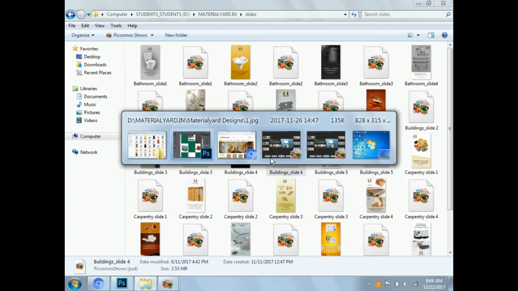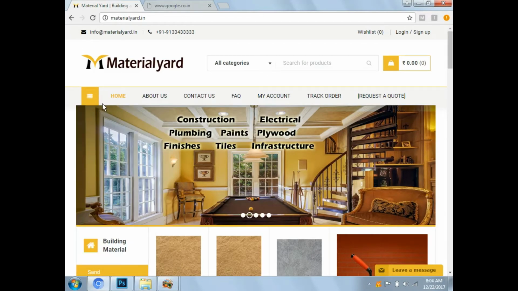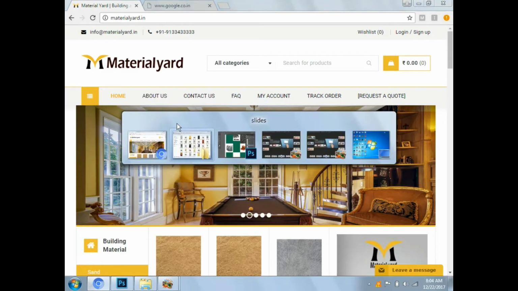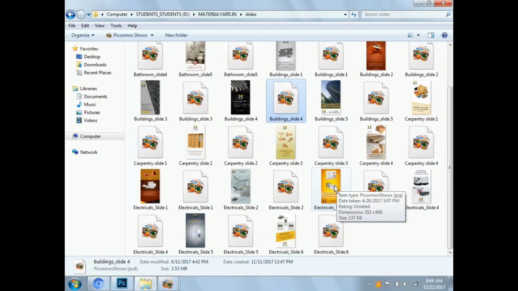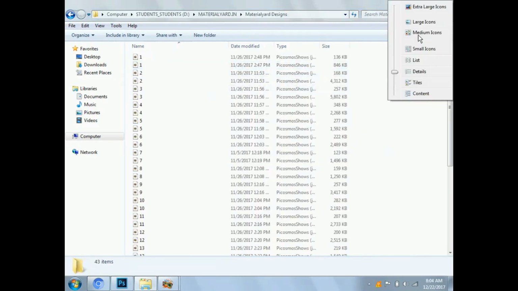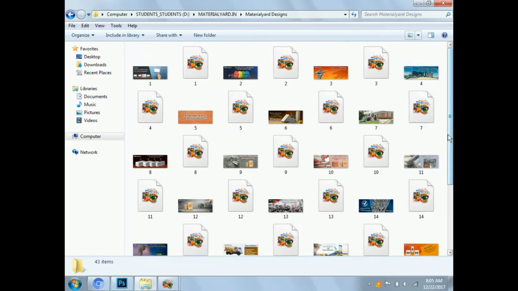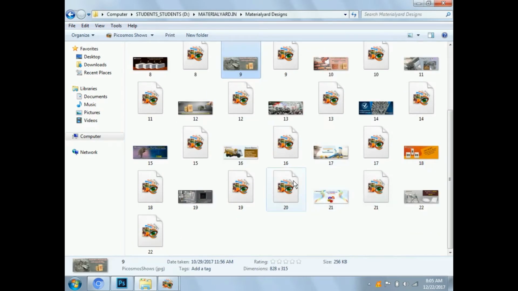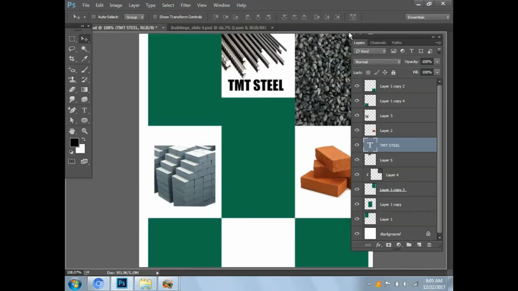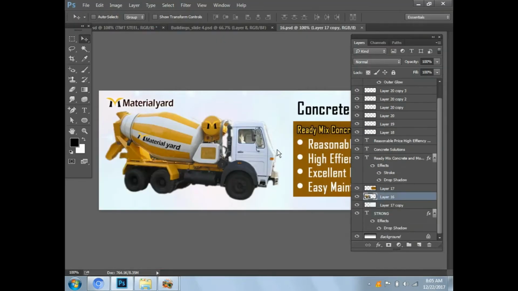Limit. Select this one, Control Alt G, create clipping mask.